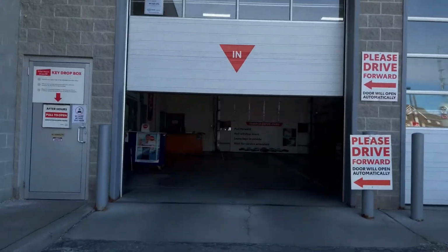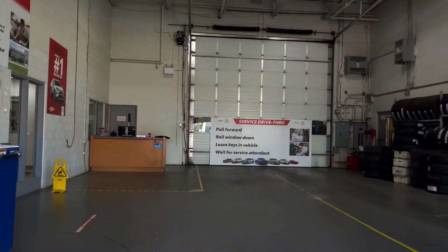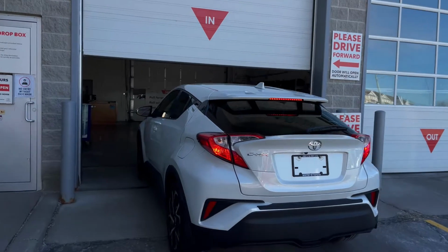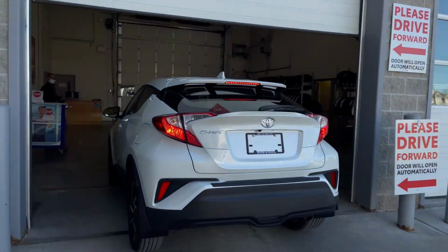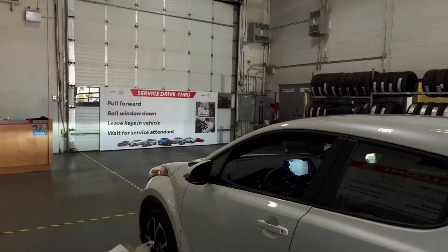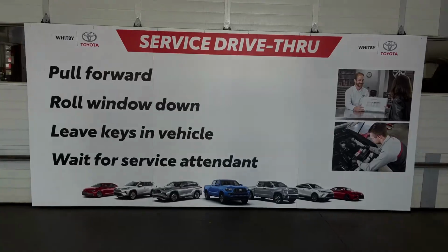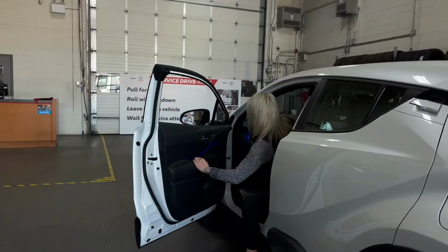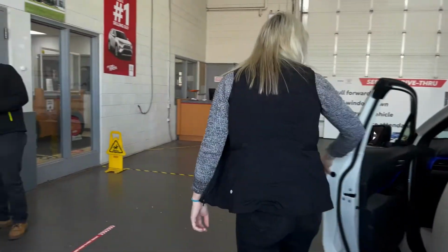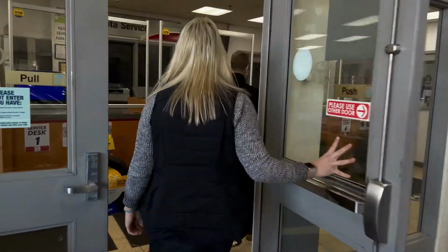that are necessary. When it is safe and well socially distanced inside, you will be asked to enter the drive-through entrance and stop where indicated. As signage indicates, we ask you to pull forward, roll your window down, leave the keys inside the vehicle, and wait for further instructions. When indicated, you will be escorted into our service department and taken directly to a service